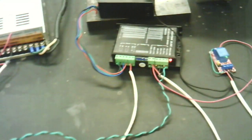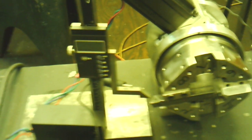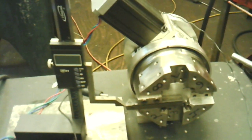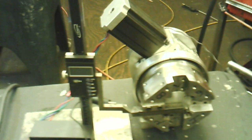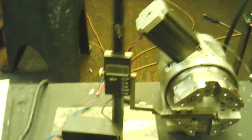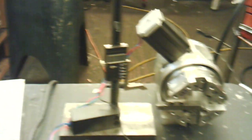At this point in time, I'm going to turn the timer off for reverse, and I'm going to do an automatic tool touch off. So if you watch, you'll see it automatically run the tool up and it stops. At this point in time, I'd push a button on Arduino and it would save this as a tool position. Okay, I want to shut that off just to get it out of the way. Turn my timer back on,